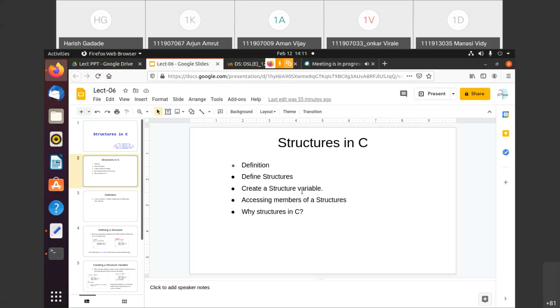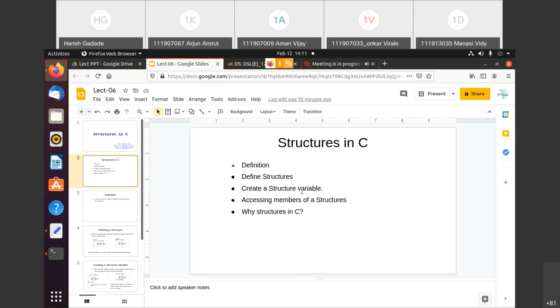So structure is again a collection of elements with dissimilar data types, we can say. Whatever the elements are there in the structure, these do not have the same data types, getting this. Whatever is the data type in structure, for every element that might be different.